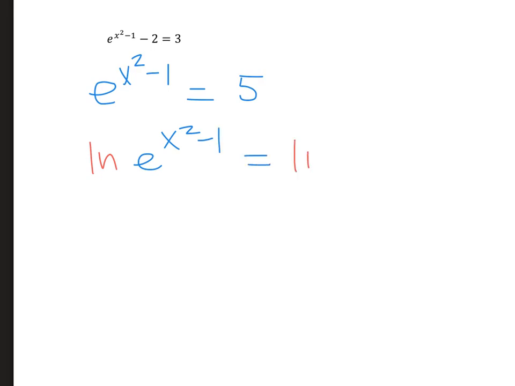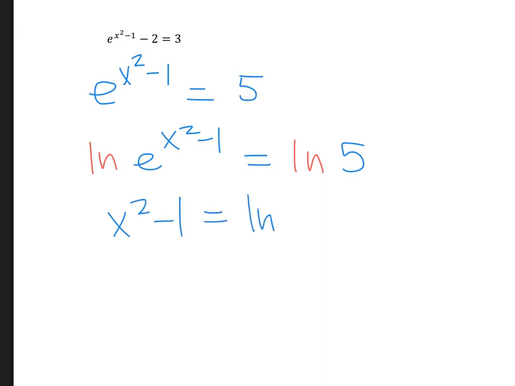Let's look at this exponential equation. First of all, get that exponential term all by itself. So add 2 to both sides. So e to the x squared minus 1 equals 5. And now let's take the natural log of both sides. Natural log e to the x squared minus 1 equals natural log 5. So on the left, we're going to be left with just the exponent. The natural log undoes that base of e, so we are left with just the exponent, x squared minus 1